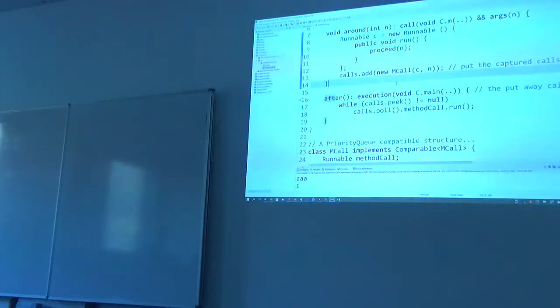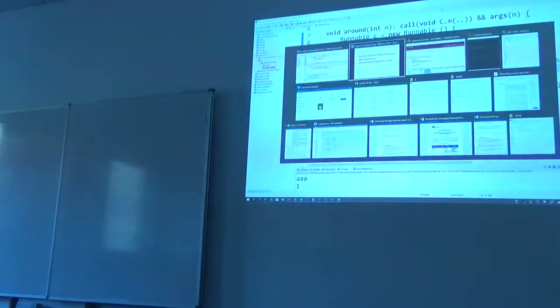So here these after advices, or pieces of advice actually, do not do what this around advice does. They actually let everything execute and then they come. Okay, so this is